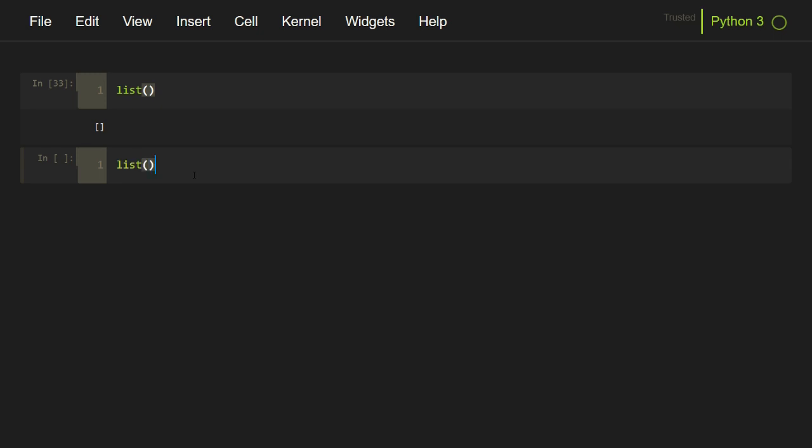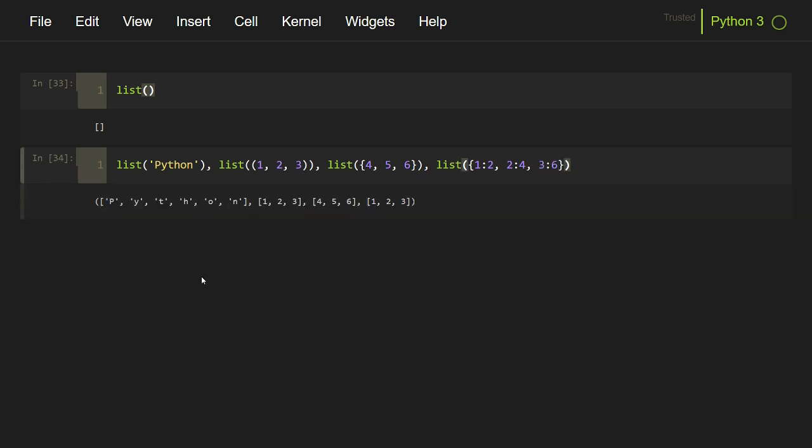So first let's pass a string, then we can pass a tuple, we can also pass a set, and we can also pass a dictionary. Like this.